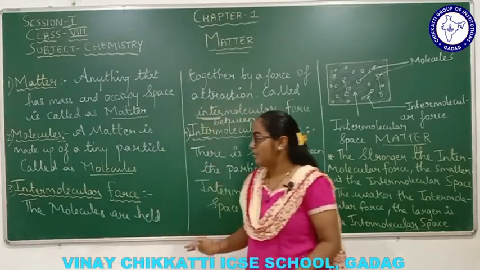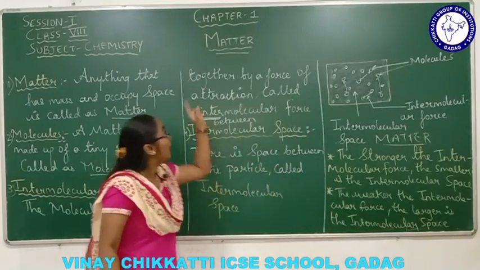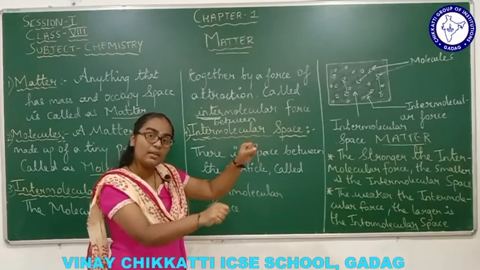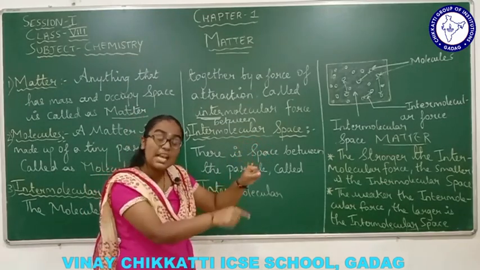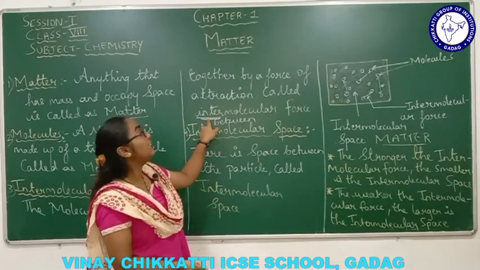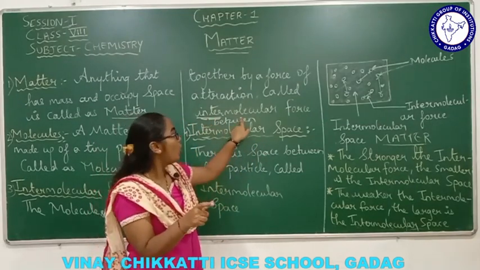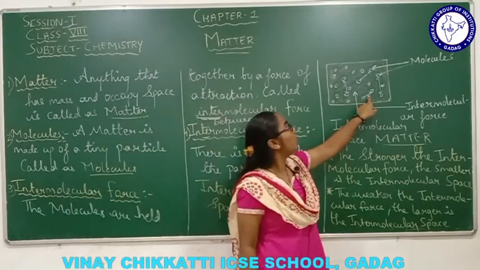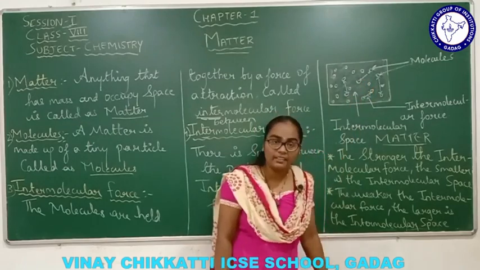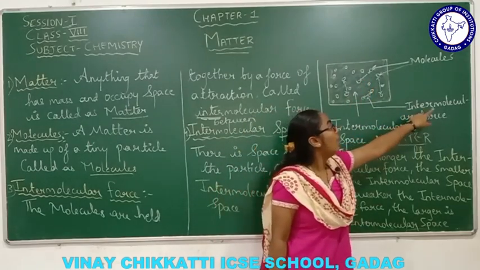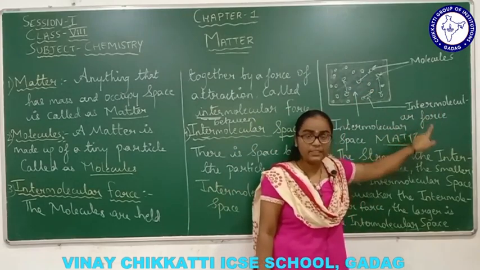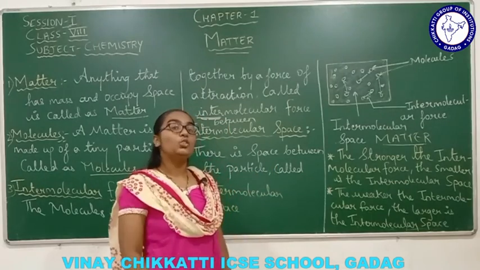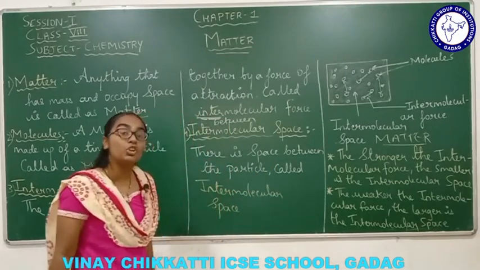What is the intermolecular force of attraction? It is nothing but the molecules being held together by a force. If one molecule has to be held together with another molecule, there should be a certain force, and that force is called inter, inter means between the molecules the force exists, right? So that is intermolecular force. The blue color arrows which I made in the diagram are nothing but the intermolecular force, the force which is making the molecules held together. Understanding my point? So that was all about the intermolecular force of attraction.